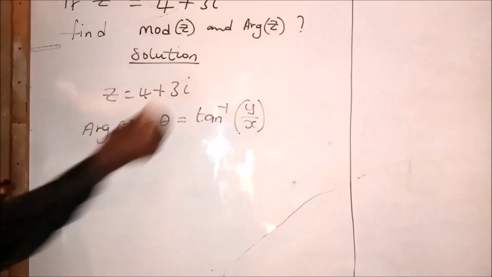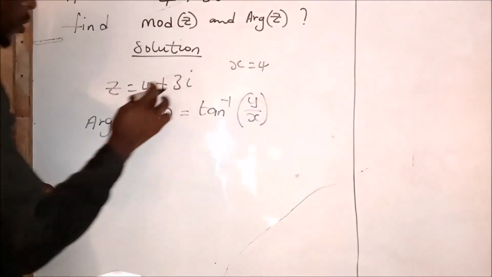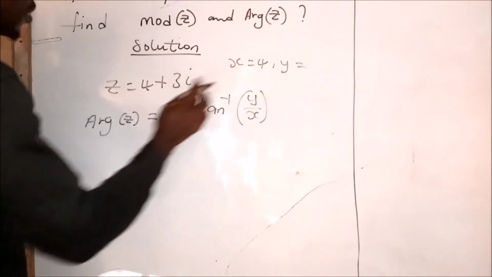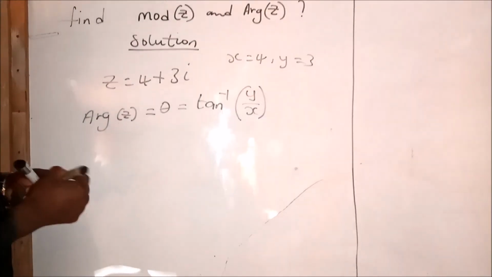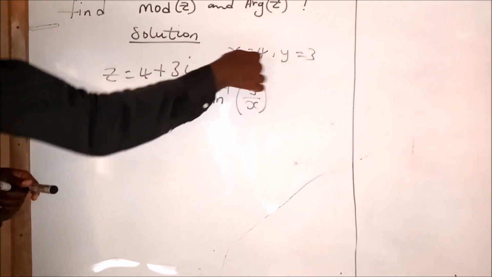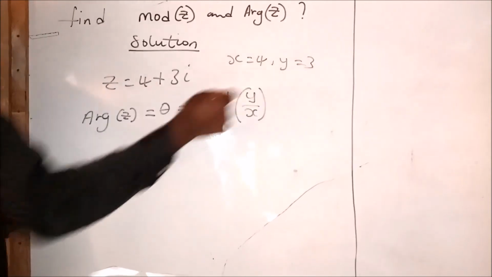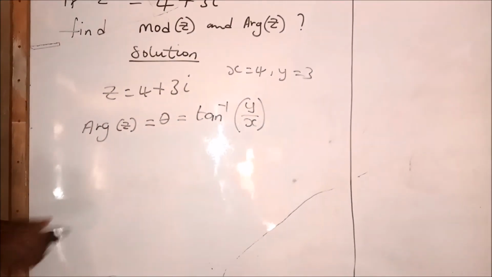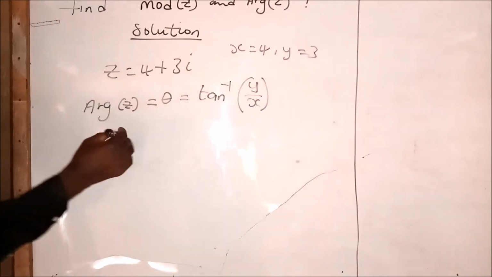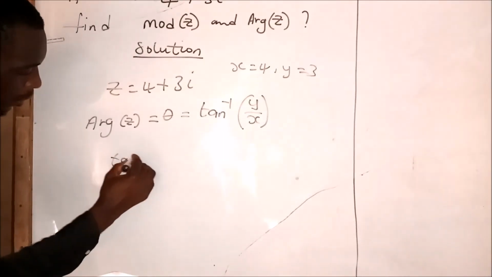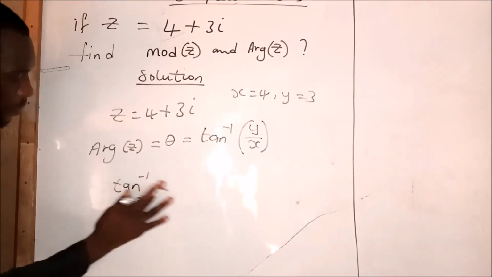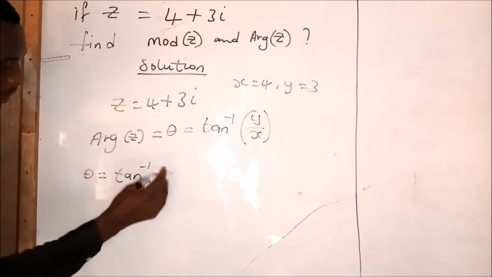Remember that our x is 4 and our y is 3. So when we substitute 4 for x and 3 for y, we get our argument, which is arg z. So the argument of z is theta equals tan inverse of